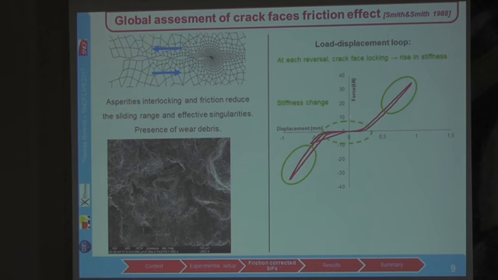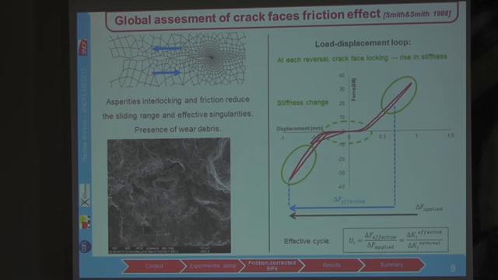We have a change in stiffness here at the reversal, which is not meaningful and is only due to the experimental setup. But we also see here some changes in stiffness at the reversal, which are due to the fact that at those reversals, the crack will remain locked at the beginning, thereby increasing the apparent stiffness. After a while, the crack will unlock, starting from the mouth, thereby progressively reducing the stiffness. And when the crack is fully unlocked and the tip finally sheared, the stiffness goes back to a constant value,